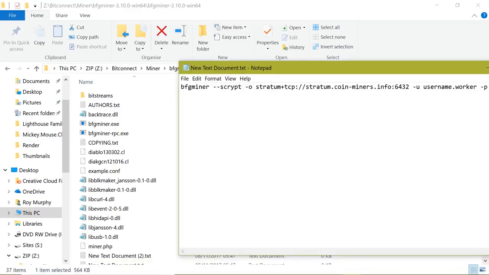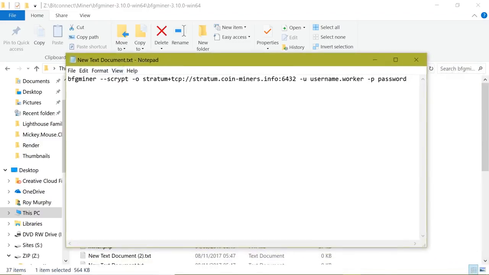Okay, so that's what that is. Script. So there are various different scripts. This is a script called scrypt with a Y, and scrypt is the algorithm that is used by BitConnect. Now, Bitcoin uses SHA-256, which is a different algorithm. So this is the algorithm, so it's --scrypt -o, where O stands for object, and the object means where